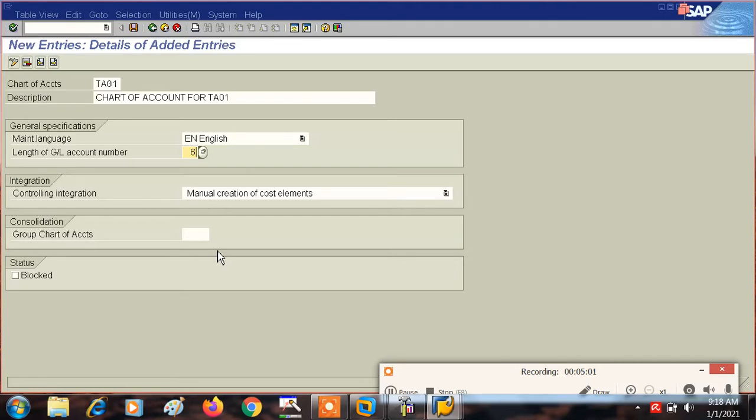in order to show you the effects, we are required to have the configuration of FSV, that is financial statement version. Right now we don't have the configuration of that, so it's of no use.